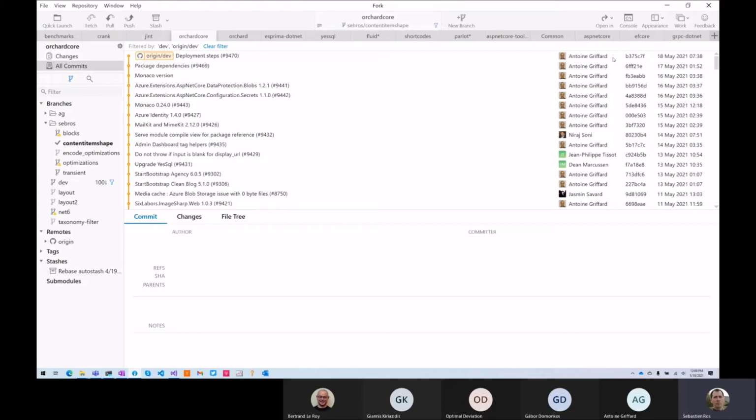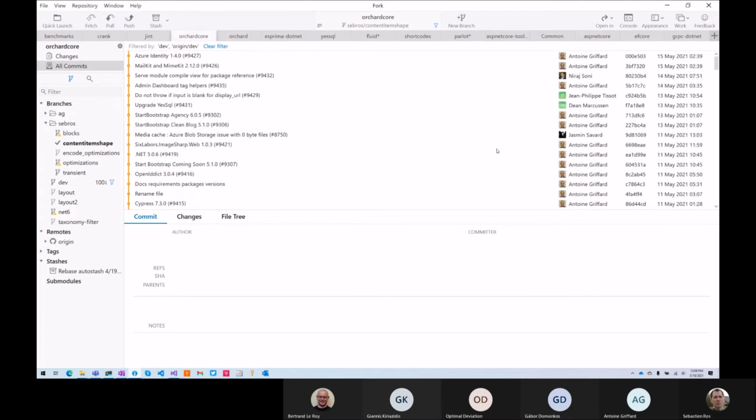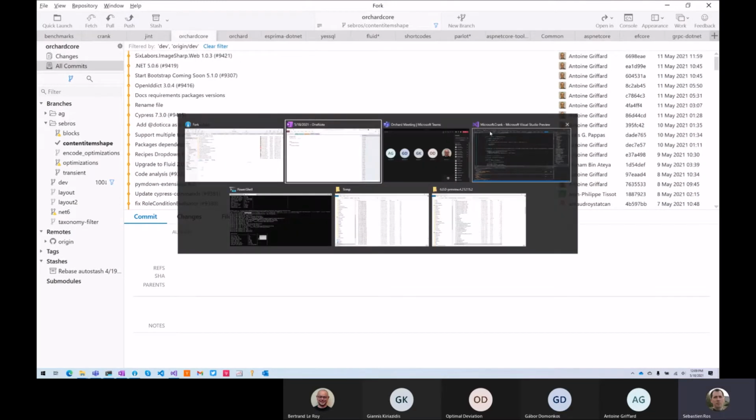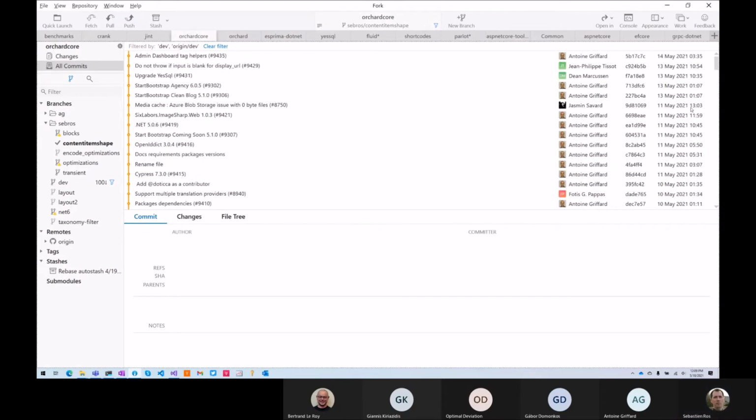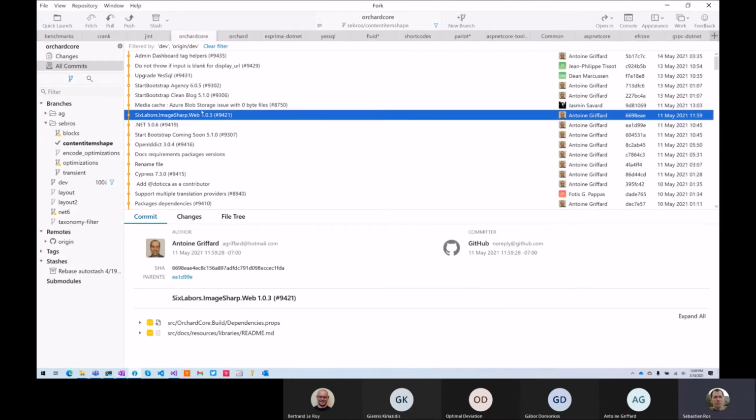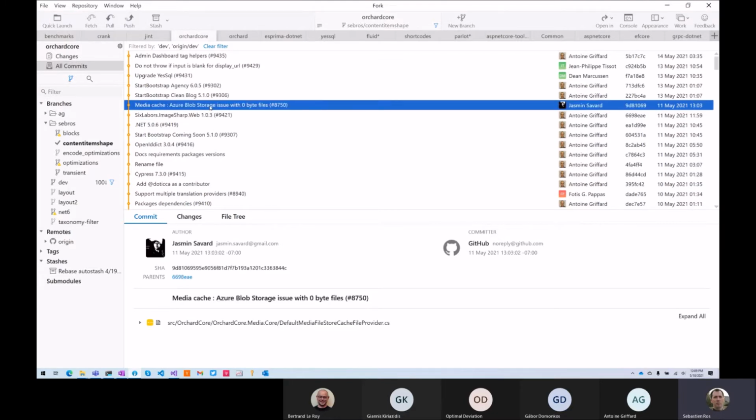Orchard Core, dev branch. Not much. Let me check the date. 11. At noon we saw that updated ImageSharp.Web, fixing this issue, media cache, Azure Blob Storage issue with 0 byte files.